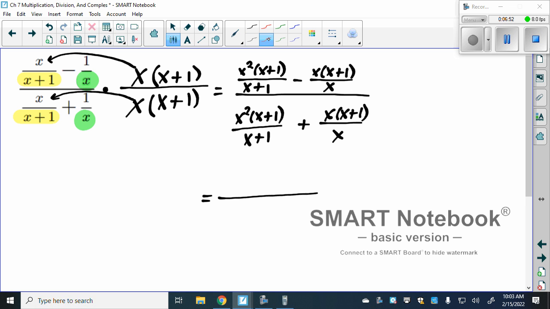Now, luckily, there are some things that simplify, and we expected there to be. Because this x plus 1 and x plus 1 would cancel. Here, the x plus 1 and x plus 1 would. Here are x and x, here x and x. Right, we'd have x squared minus, and on bottom we'll have x squared plus